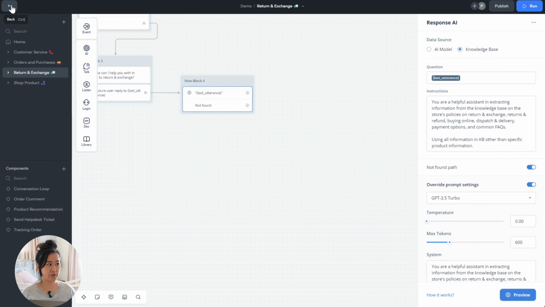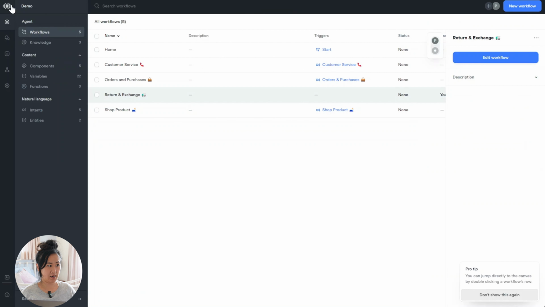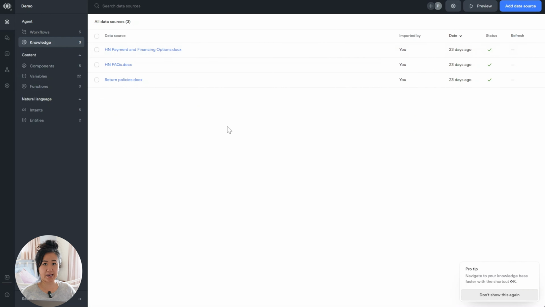So if you click on this back arrow here, you can go to the knowledge base, and that's where you can add all your knowledge base or the information you want AI to be using. So click on add data source. As you can see here, I've already added my data source. Add data source. So you've got multiple options from URLs, sitemaps, and that's actually the best option that you can use